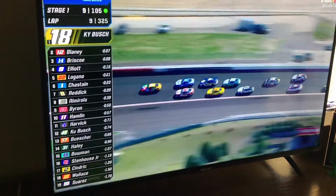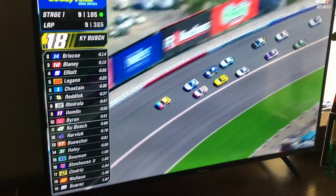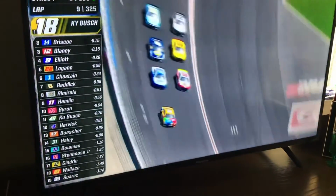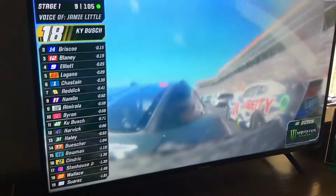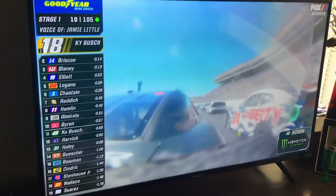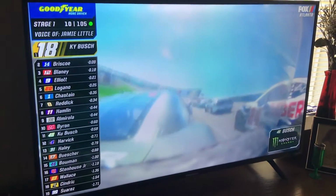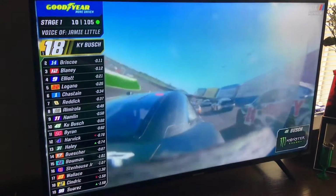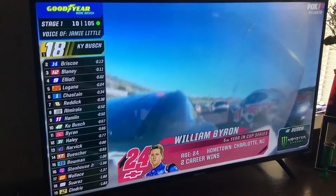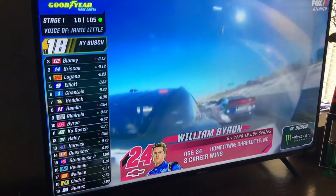William Byron running in 9th spot. He's up 3 positions from the start. Jamie? And Mike Wallace told me he watched both races yesterday, Xfinity and trucks, and he loved to see the track widen out. He said that gave us a lot of confidence because yesterday he just didn't feel secure enough to push it. Now, today, they made some changes accordingly, and he said this car is so much better. And Mike, it's interesting. They brought their superspeedway cars, so from Daytona, but they have an...